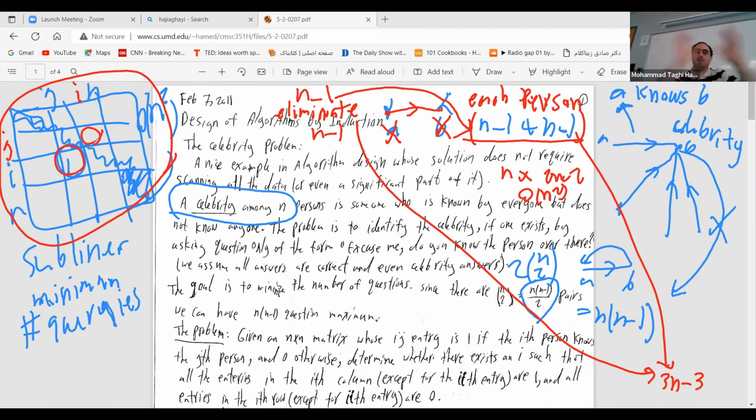You see, we have a given matrix and we want to read this big data, and we want to get a sublinear algorithm. But why? Because the size of this matrix is n squared, order n squared, which is order m. So say m is the size of this matrix. I want to do it somehow. If we are doing 3n minus 3, it is square root of m. This algorithm is called sublinear algorithms.